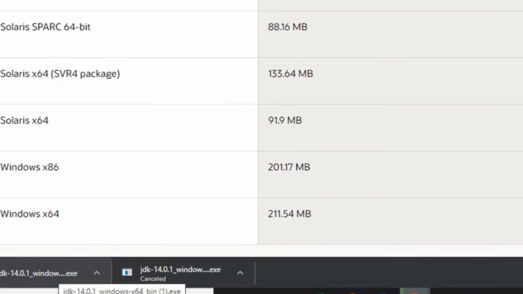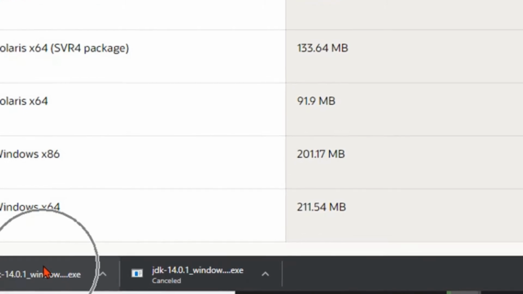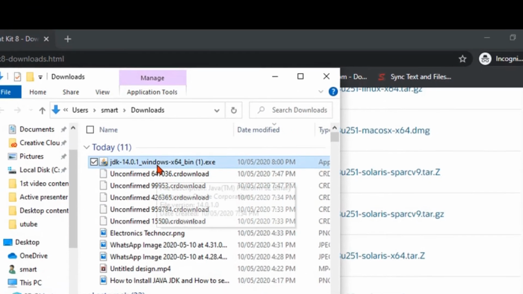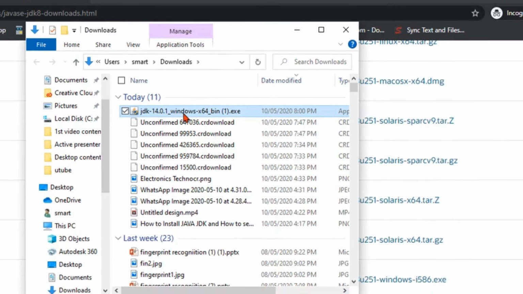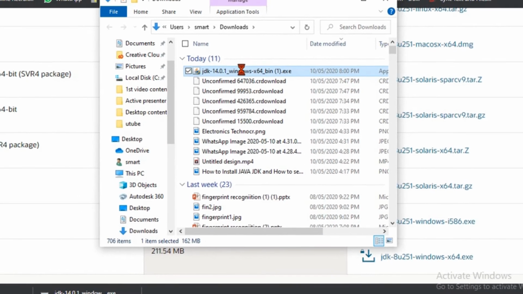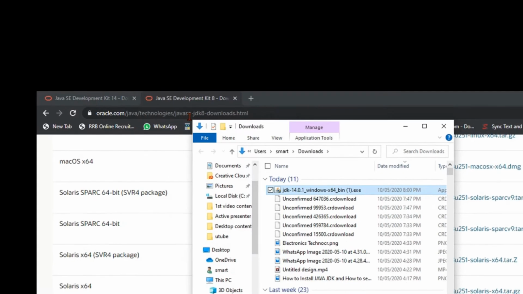So guys, you can see here Java is downloaded successfully. Now just open it. Right click and run as administrator.